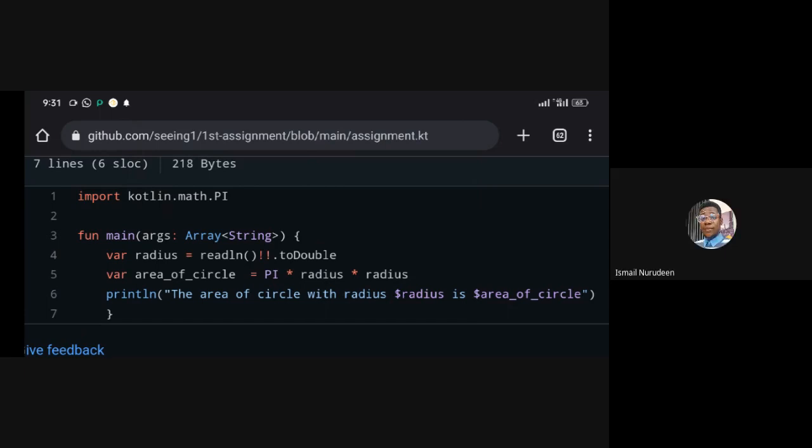Okay. So actually the code looks good. Everything works except the only issue is your second line where you have var radius = readLine, then you have the two exclamation marks which enforce nullability. Then the main issue is where you called toDouble, right? So in that place, toDouble